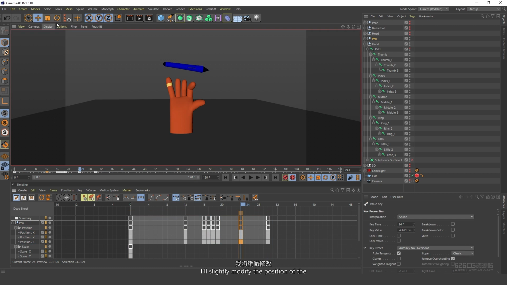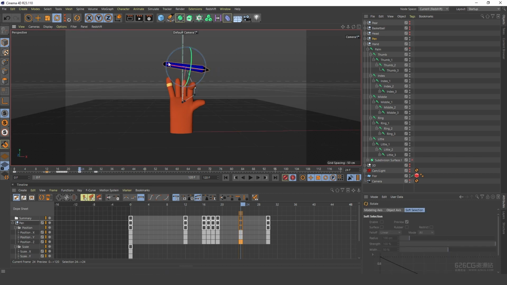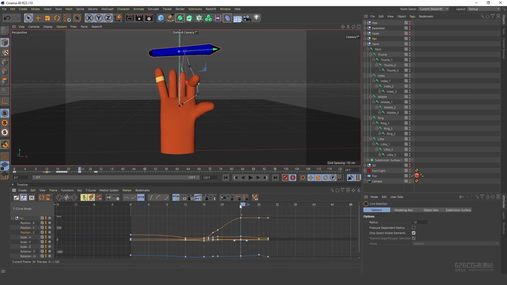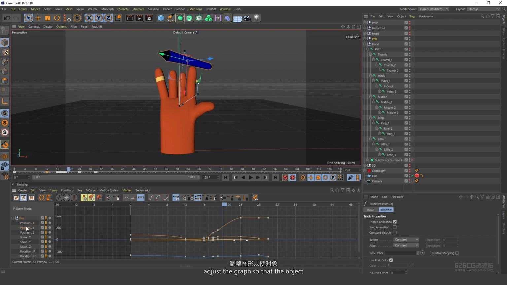I'll slightly modify the position of the pen object by tilting it to the other side. At the moment of the fall, I will tilt it in this direction. Also, the pen object hovers for a short period of time. So I switch to the F-curves mode. I find the position parameters, adjust the graph so that the object hovers at the top point,